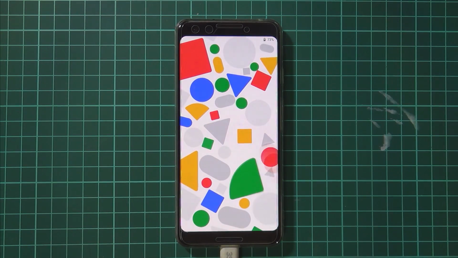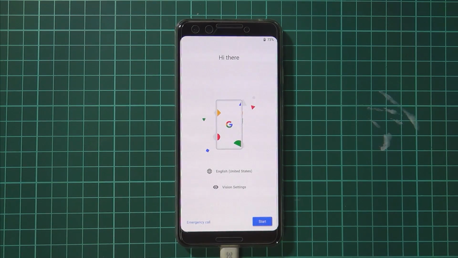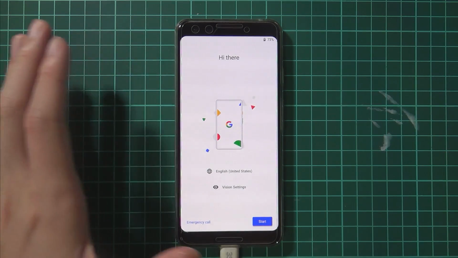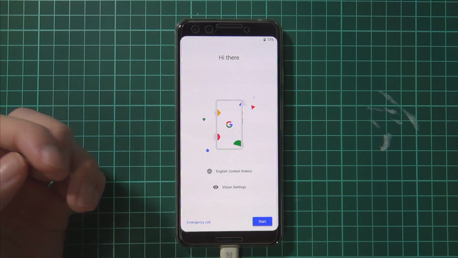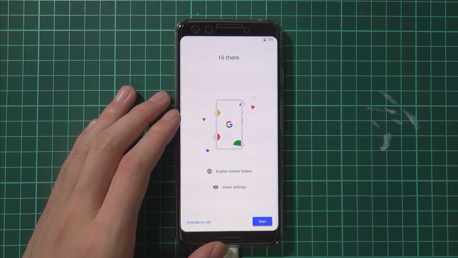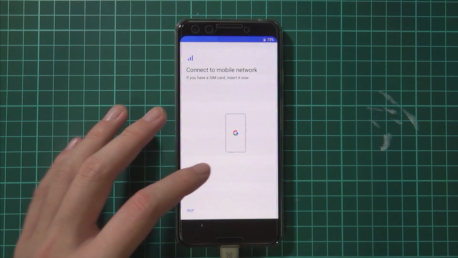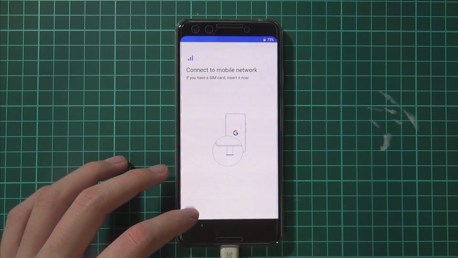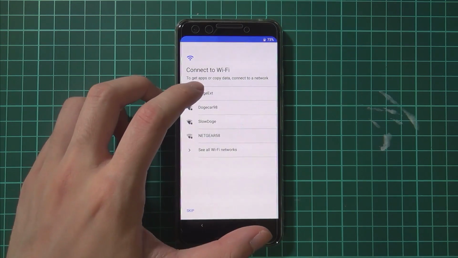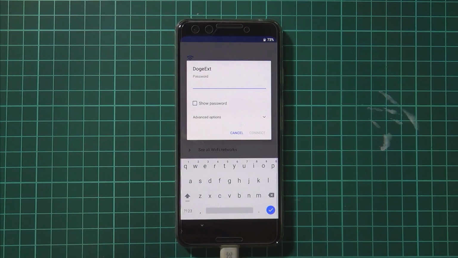Okay, so our phone has just booted up, so a data wipe was necessary. Just for me, it might not be for you. It just depends on before. I'll leave a note about that. And here we are. So we can just set up our phone as usual. We'll skip connecting to that. So I'm just going to set up my phone and then we'll head back and have a look at the